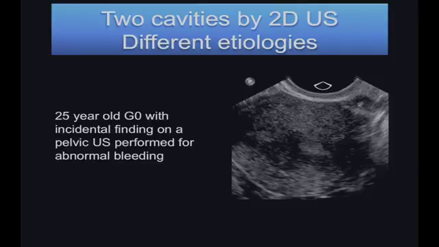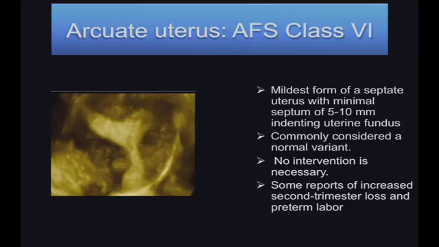So here we have our third example of two cavities, a 25-year-old gravida 0 with the incidental finding on a pelvic ultrasound performed for abnormal bleeding. So this is the arcuate uterus, an AFS Class VI, which is the mildest form of a septate uterus, where we have a minimal septum, as we can see here, which is somewhere between 5 and 10 millimeters, indenting the